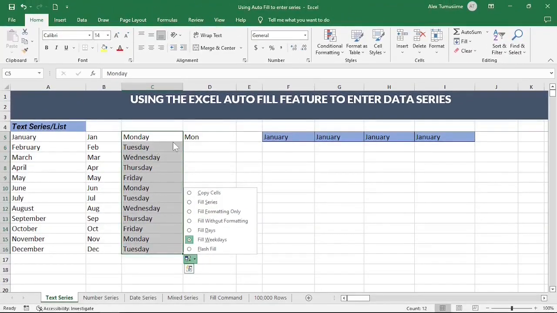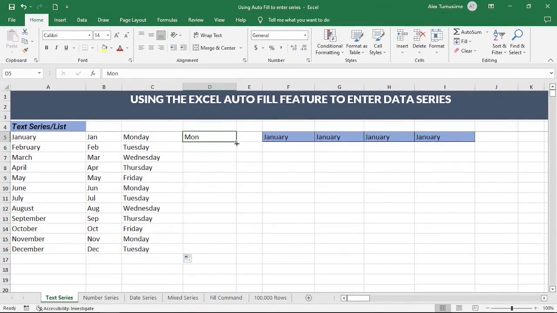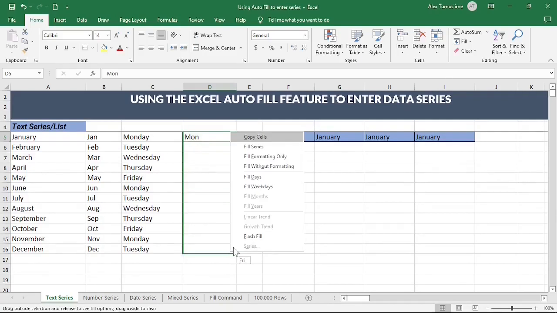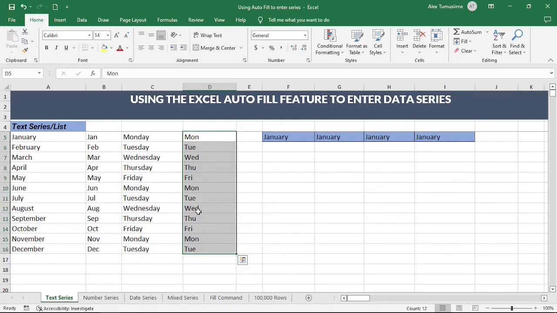So now here, let me fill this. I can right click now in the short format, I drag down, then release. When you release, choose what you want to fill. I can now choose fill weekdays. You get the days filled. Now let us look at how we can